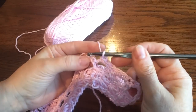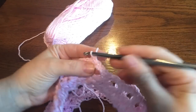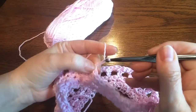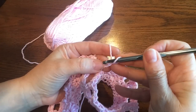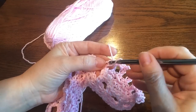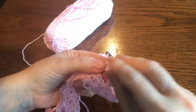Okay, we're at the end of this row, so we're going to join with a slip stitch. Now we're going to chain up 3, 1, 2, 3, and we're going to begin to make the star stitch row again. Okay, so we're going to go in the second one down, grab a loop, third one down, grab a loop,